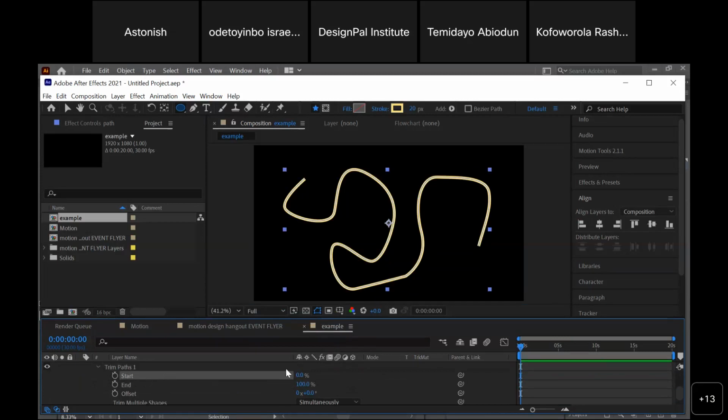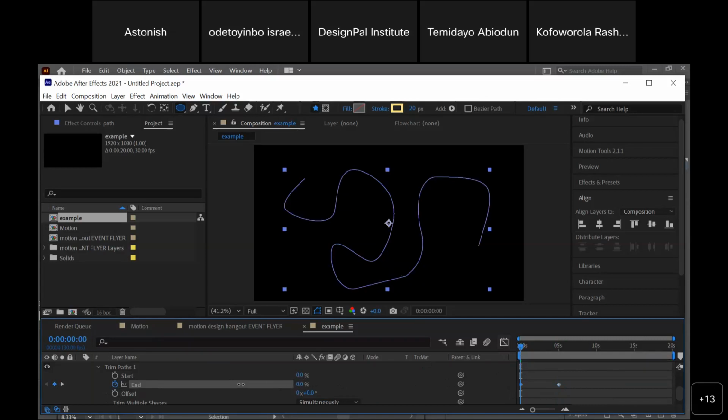So this is what happens when I change the parameters in the start. You see it moved from the left to the right. If I choose end, it moves from the right to the left. Now let me set a keyframe. If I move this to 1 or 5 seconds and I change it to 0,